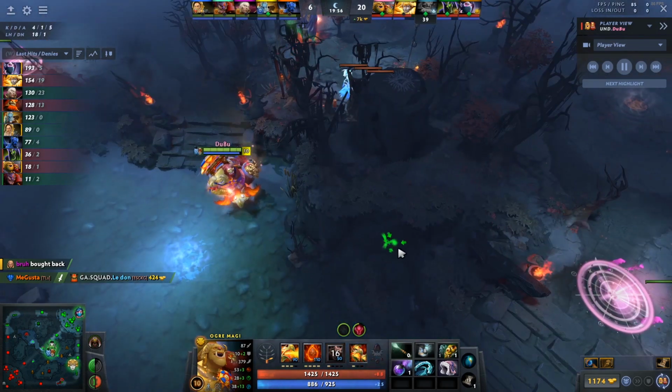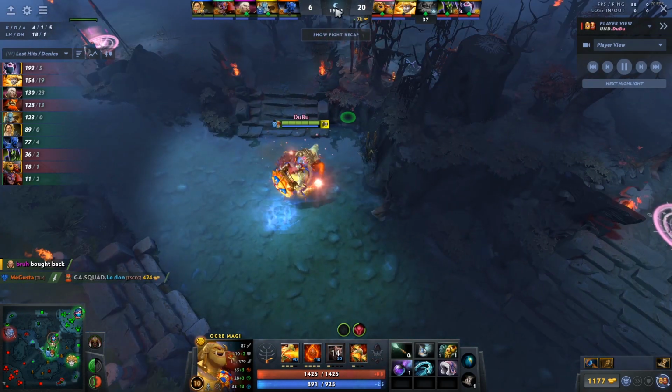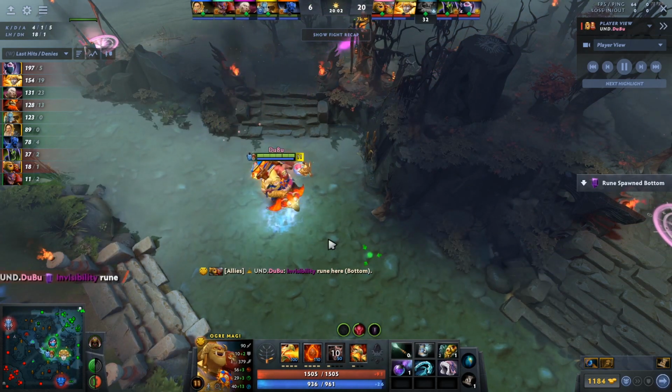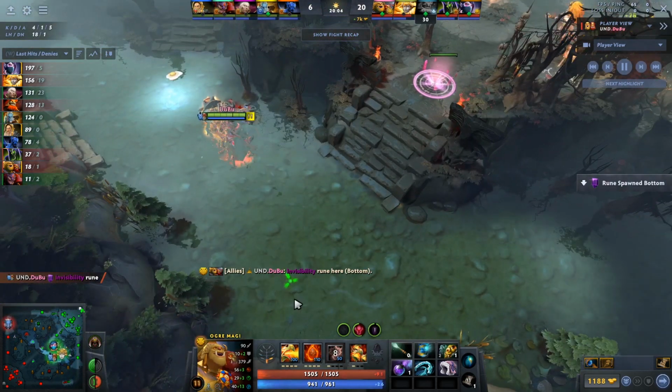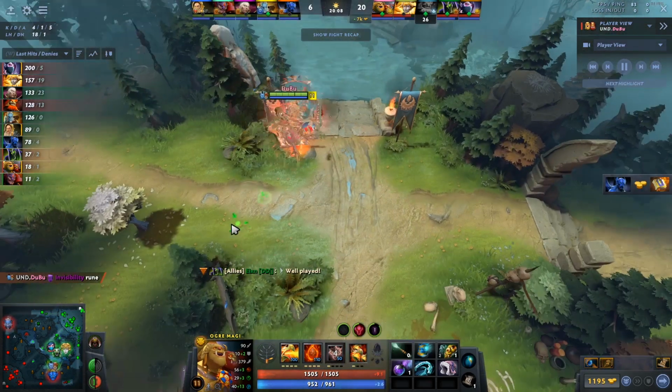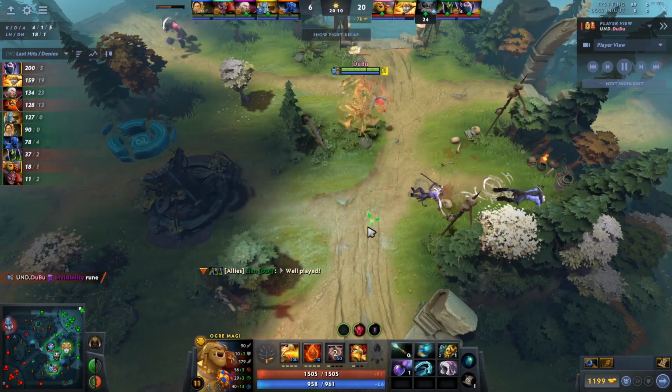You're not a Crystal Maiden. You're not a Rubick. You are a frontlining hero. Think of yourself more as a Pudge or something like that. An off-lane hero. The whole point of your hero is to get off your stun, get off your abilities, and kind of tank some spells. And so I think that was a good example of how to do that in the mid-game when you're